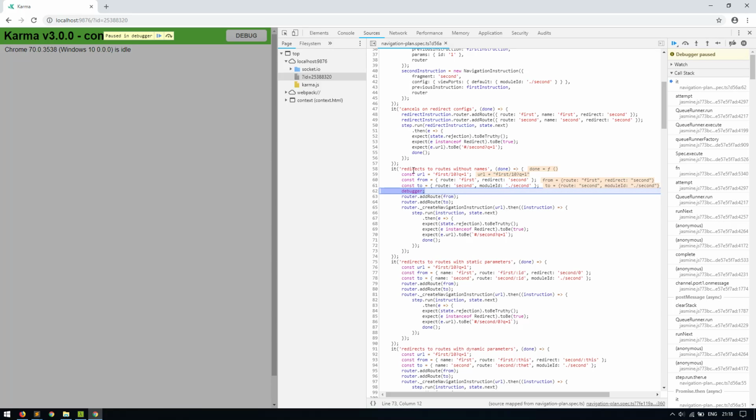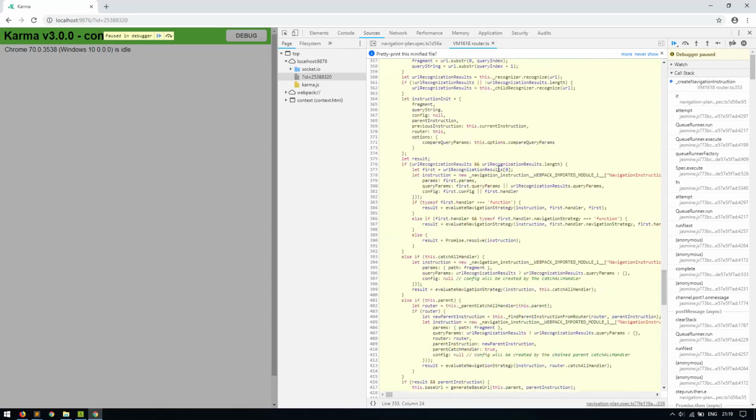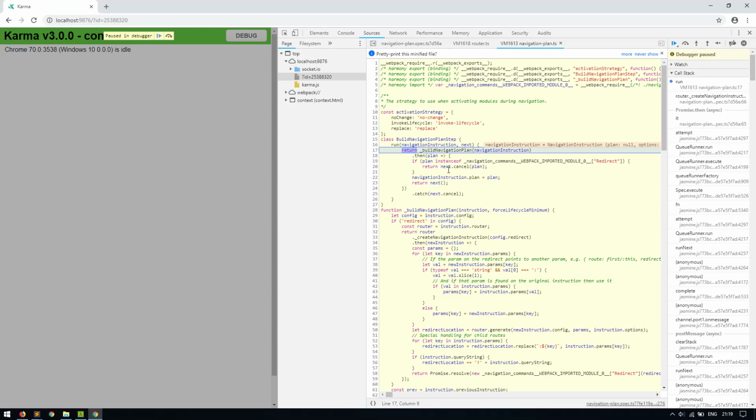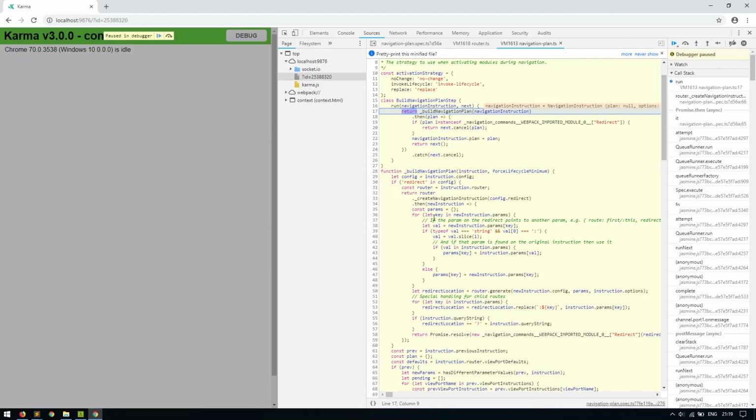So I am getting a failing test when redirects to routes without names executes. Basically you have this first route, it redirects to the second, it matches this path, but it doesn't have a name and just everything breaks, and that shouldn't be the case. I want to say it's not in create the instruction, but it's actually in the build navigation plan step running the instruction. It calls this build navigation plan function,